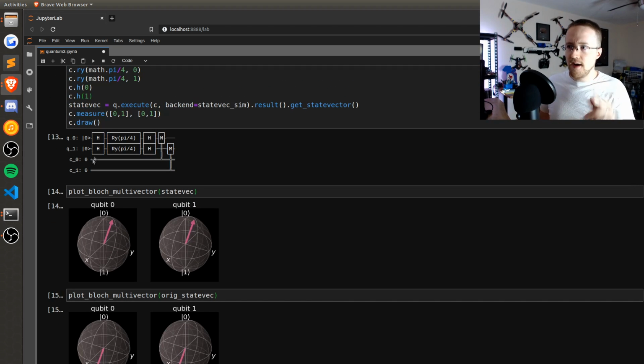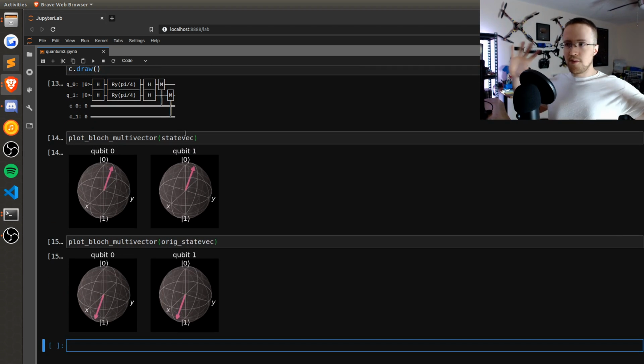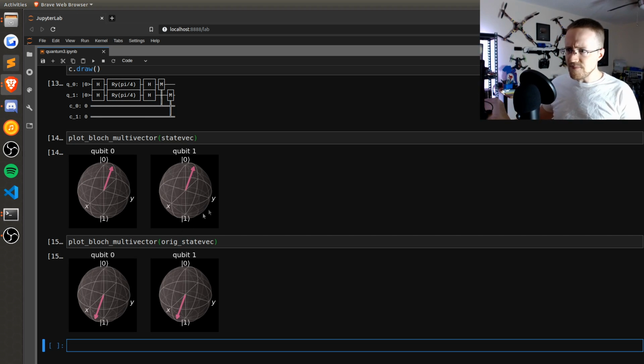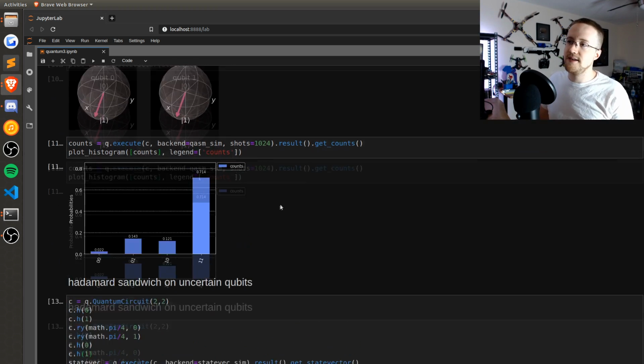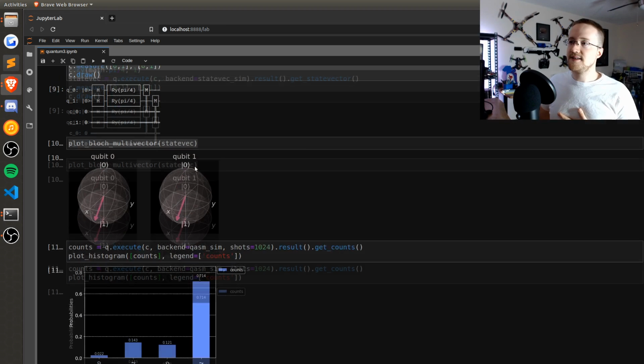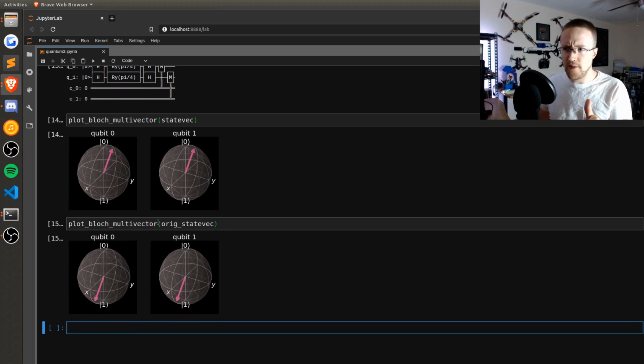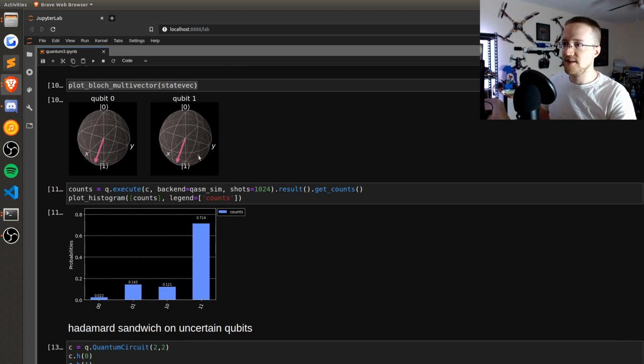Now when we look at these, isn't that interesting? This is the Hadamard sandwich. This is your original, no Hadamards. Now this is on, again, uncertain qubits. That starts to look like, wow, it's almost the same. It's just kind of flipped, right? But doesn't it look like, if you were to guess where these are going to collapse, I would have guessed that this whole flipped output would be what happens at this point, right? Because they look like they're opposite. So I would expect that kind of flip there. But instead,